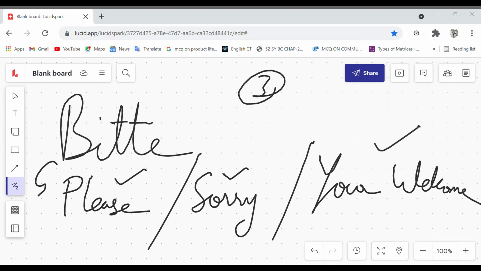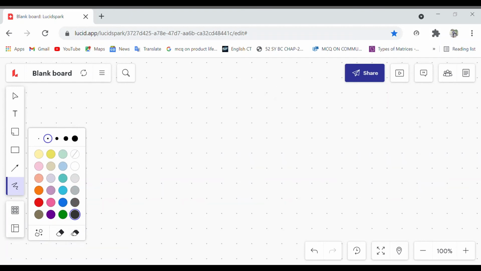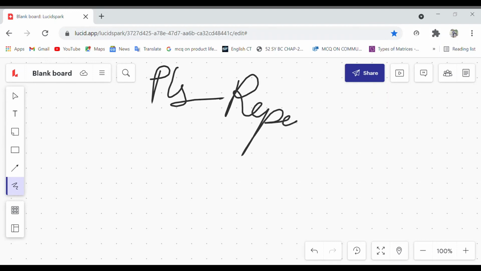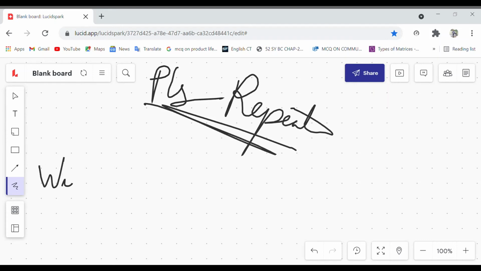Then the next one is wiederholen Sie bitte. If you want to tell someone please repeat any statement in German, then you have to say wiederholen Sie bitte.